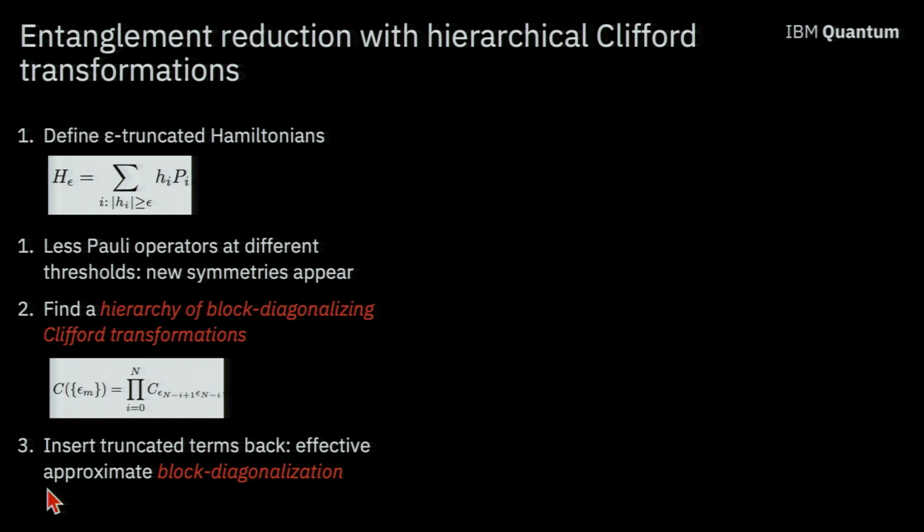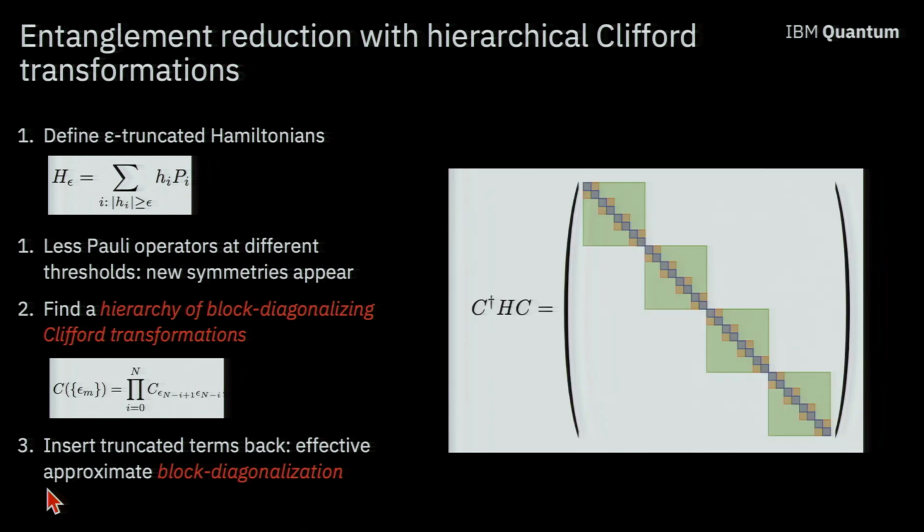And then once we find symmetries, we can define Clifford transformations associated to those symmetries that block diagonalize that Hamiltonian for every value of this threshold. And then once we have done with this, we can take the terms that we had truncated and put them back. So the result of this completely classical processing is that the resulting Hamiltonian is now approximately